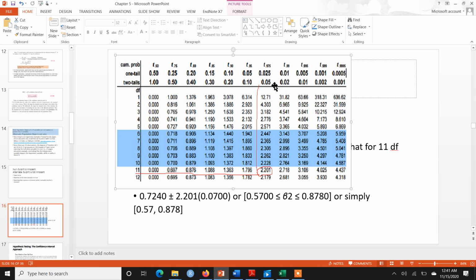Because I am making a two-sided confidence interval, that is, I want the minimum possible value of slope and the maximum possible value of slope. So that's why I am using this two tail row. Okay, so